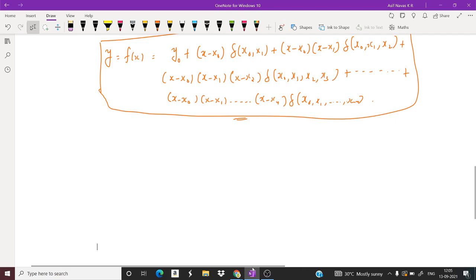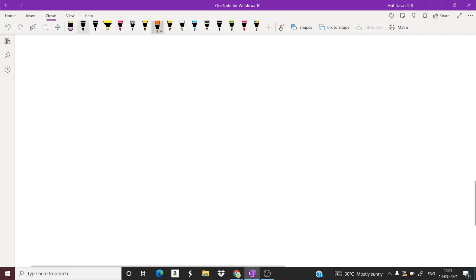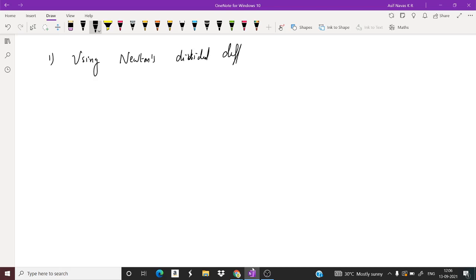So remember that formula. So first problem, using Newton's divided difference formula, evaluate